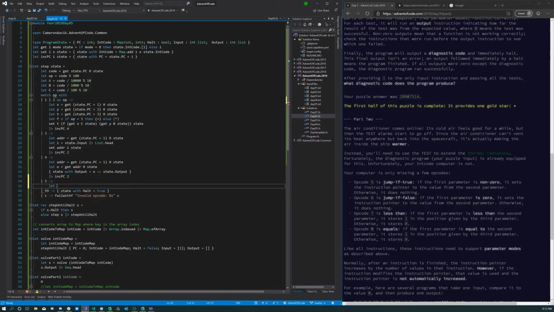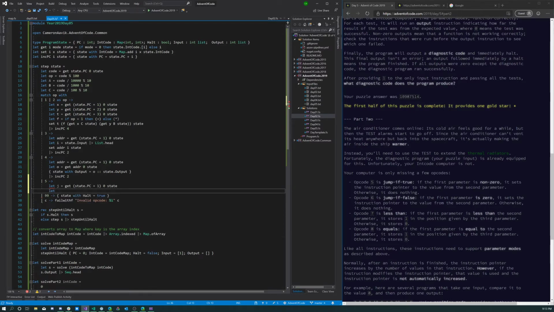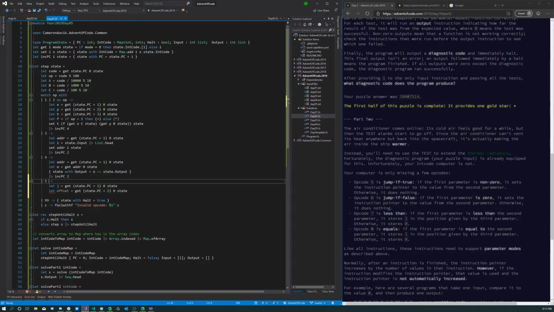Okay, so let, and so this is the offset, and that's going to be +2, and I'm going to do 6, 7, actually I'm just going to do 6 here as up, and so